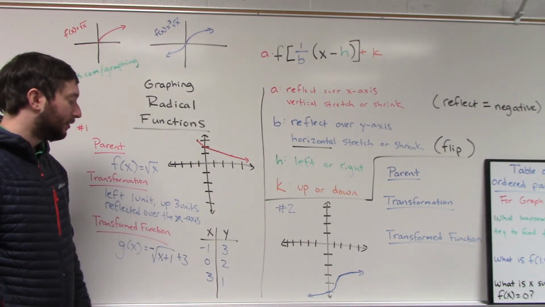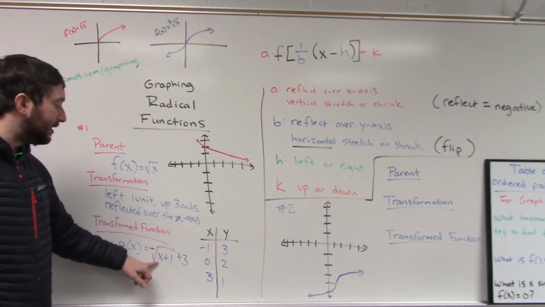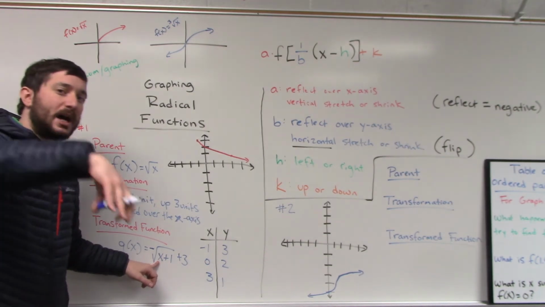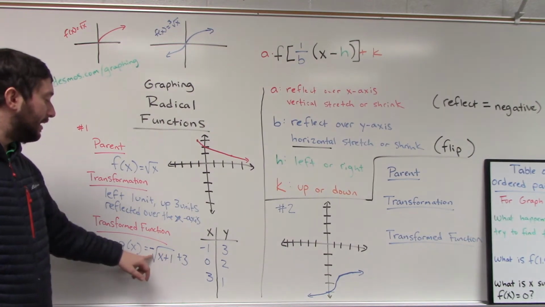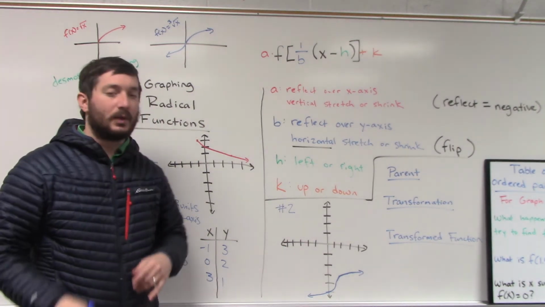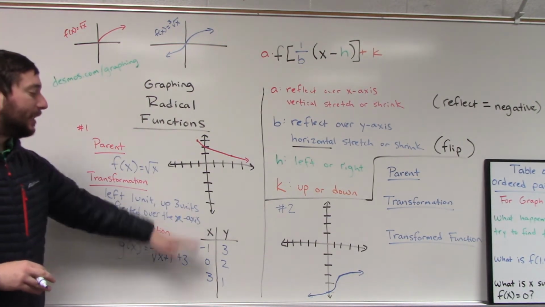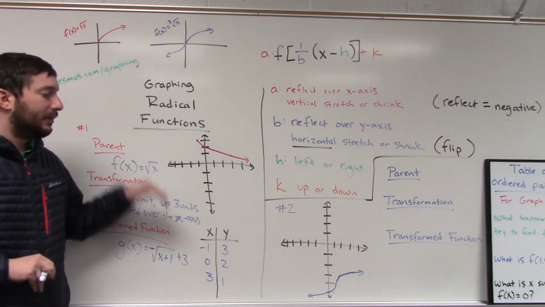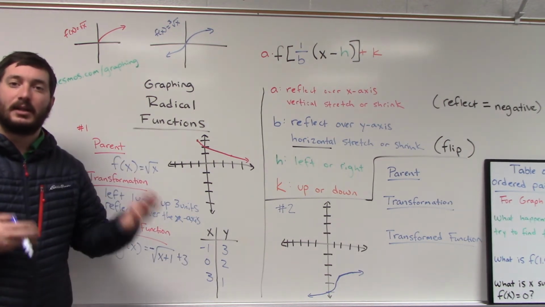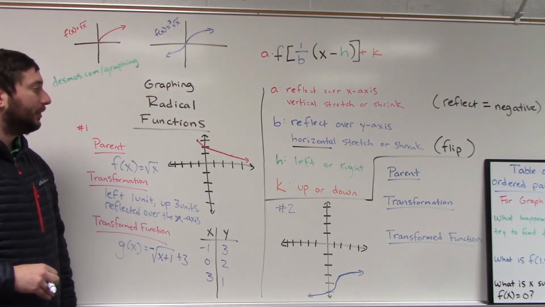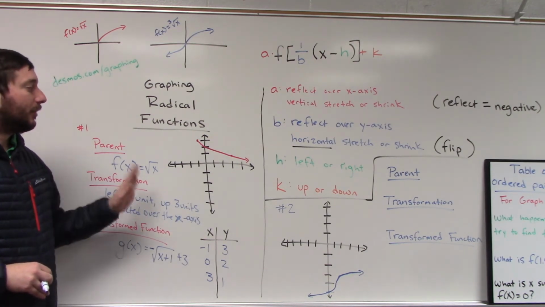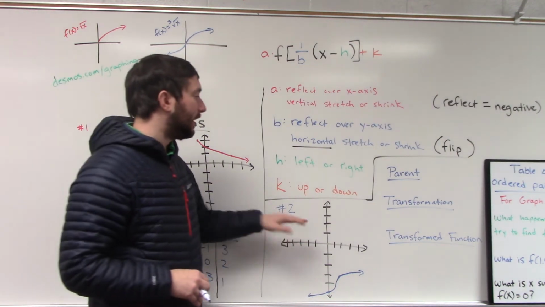One more example quickly. If I plug 3 into x, what do I get back for y? 3 plus 1 is 4, the square root of 4 is 2, and -2 plus 3 is 1. So that's how you can confirm and write out a list of coordinate points that, if you're graphing this by hand, would confirm that this is indeed what you have. You can also check on Desmos. So that's square roots. Cube roots, on the other hand,